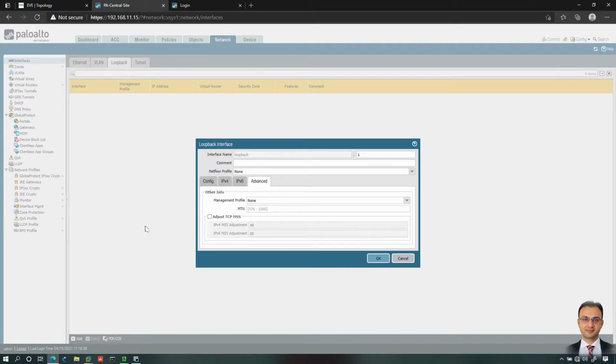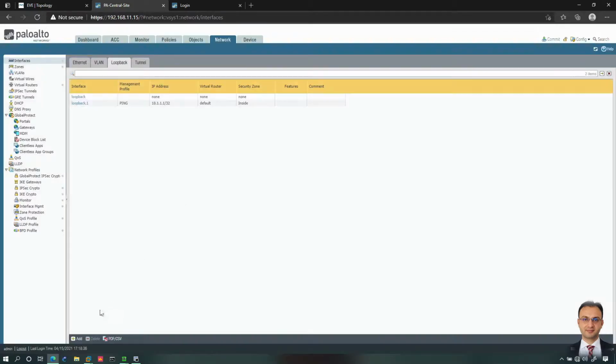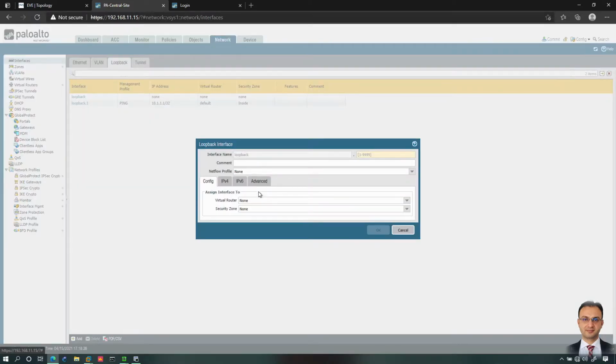So right now it's static routing, so we could create the management profile from here and then attach it. We already created it in the previous session where we allowed only ICMP echoes to be accepted and replies should be sent back. So I will attach that management profile. Okay, I'll create another one, 2 this time,